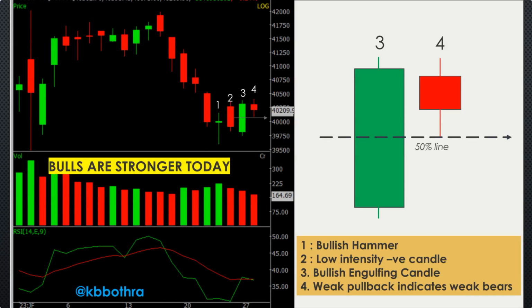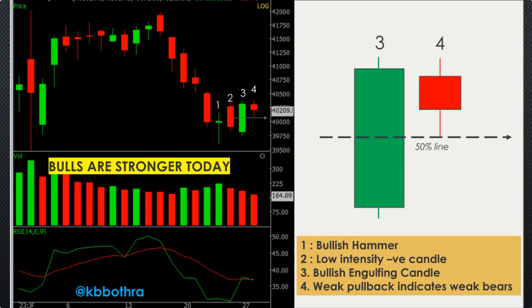This is the first indication of a near-term bottom, which was around the 39,500 mark, which also coincided approximately with the budget day lows, the Budget 2023 lows for the banking index. The Bank Nifty hit that low of approximately 39,500 levels, and then we bounced off. We closed flattish to give candle number 1, which in effect formed a near-term bottom for the banking index.